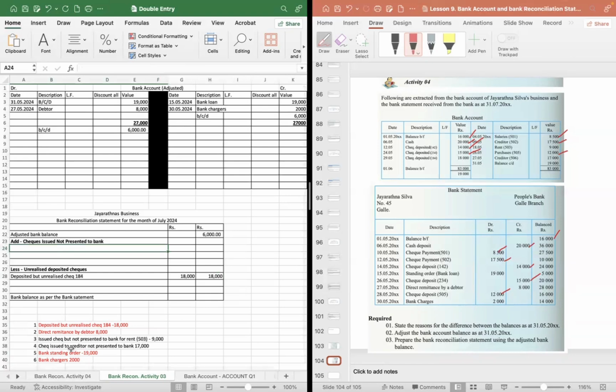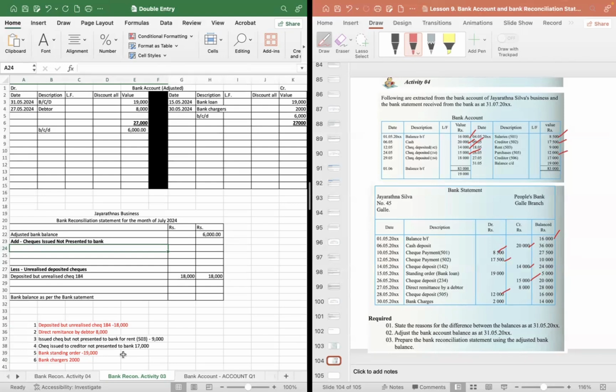ඊට අමතරව ගත්තම අපිට තියෙනවා items දෙකක්. issued check එක issue වෙලා තියෙනවා, rent එකට check එකක් issue කරලා තියෙනවා 9,000 වලට. ඒක present වෙලා නැහැ. ඒ වගේම creditor කෙනෙක්ට 17,000 එකක් ගෙවලා තියෙනවා. ඒක present වෙලත් නැහැ. right? එතකොට මෙතෙන්දි මොකද්ද වෙලා තියෙන්නේ? bank account එකෙන් අපි check එක issue කරලා තියෙනවා. එතකොට bank account balance එක අඩු වෙලා තියෙනවා. හරිද? හැබැයි ඇත්තටම මේක